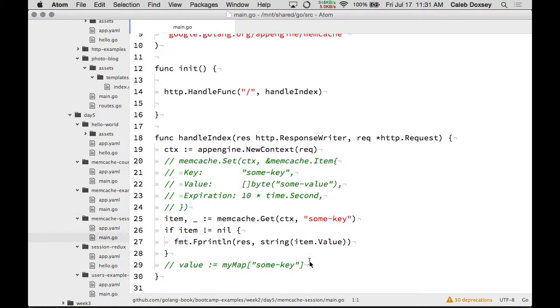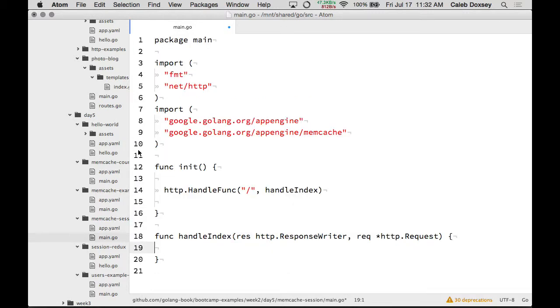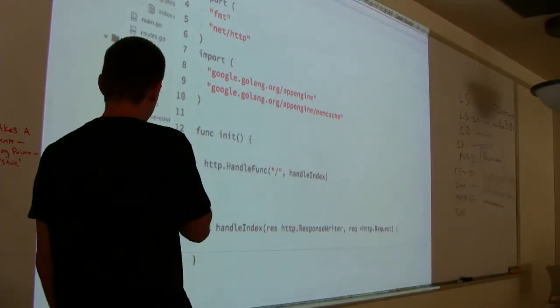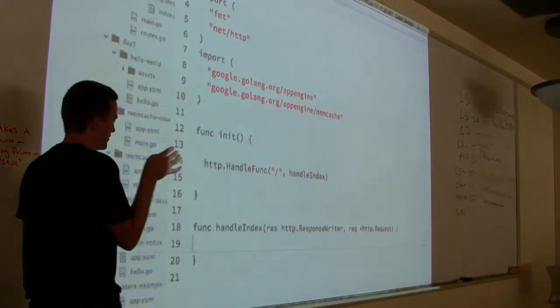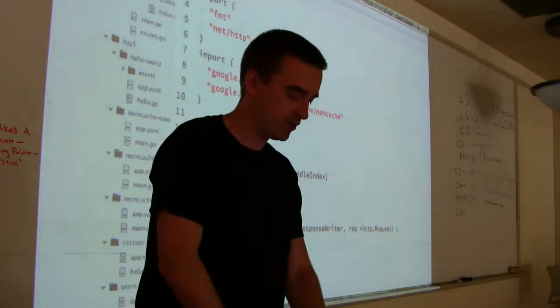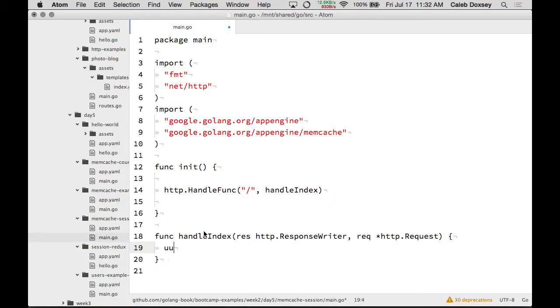So the idea here is that what we want to do is get an ID, and so we'll generate an ID and then store data in Memcache associated with that ID, and so we can pull it out with a cookie. So remember, we can generate an ID with the UUID, and then